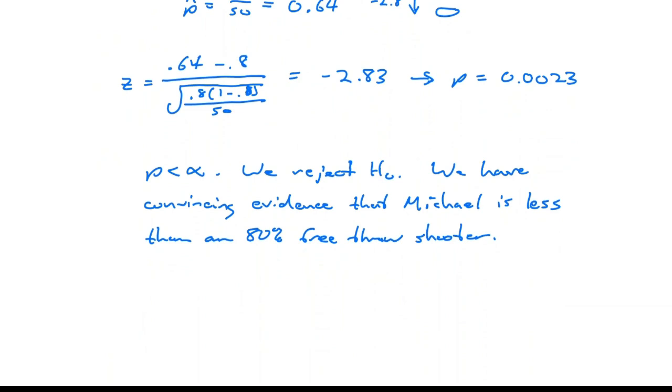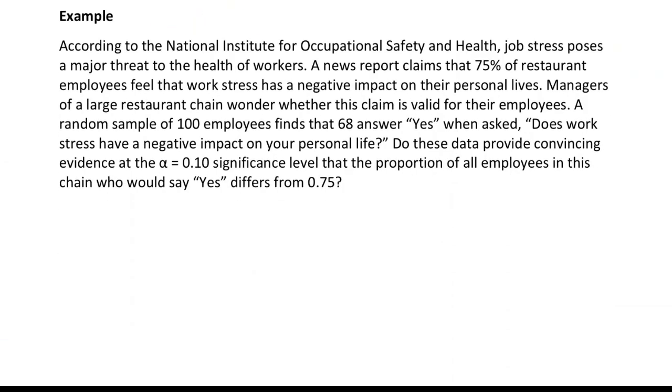All right, let's do another one, and we will finish up with this. According to the National Institute for Occupational Safety and Health, job stress poses a major threat to the health of workers. A news report claims that 75% of restaurant employees feel that work stress has a negative impact on their personal lives. Managers of a large restaurant chain wonder whether this claim is valid for their employees. A random sample of 100 employees finds that 68 answer yes when asked, does work stress have a negative impact on your personal life? Do these data provide convincing evidence at the 0.1 significance level that the proportion of all employees in this chain who would say yes differs from